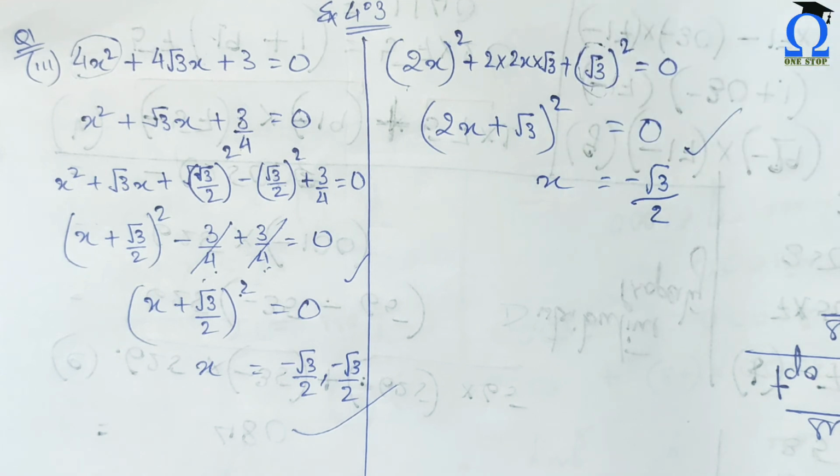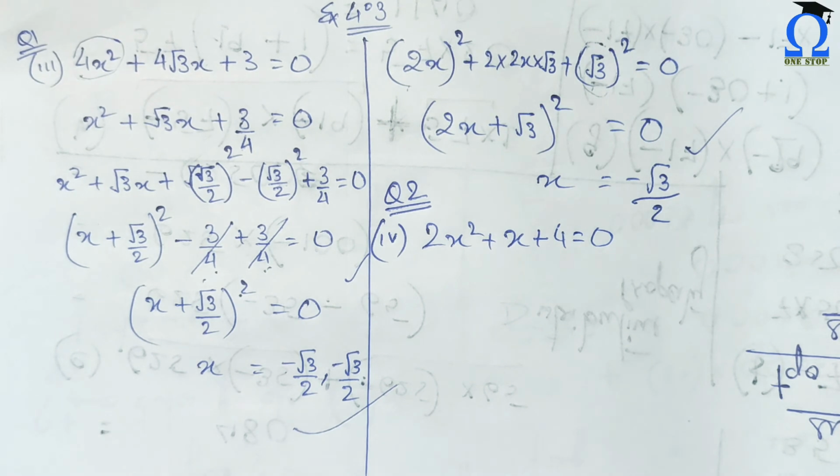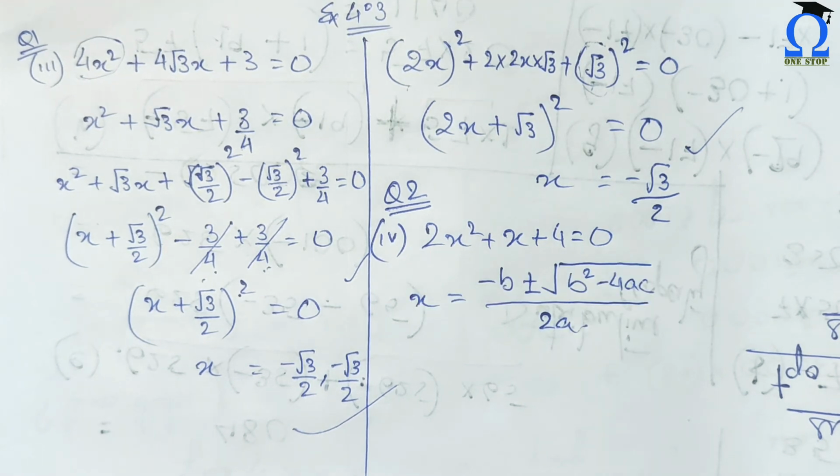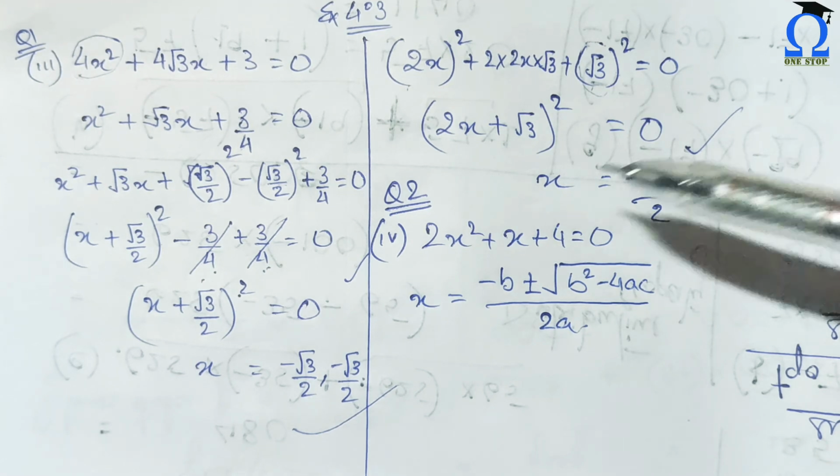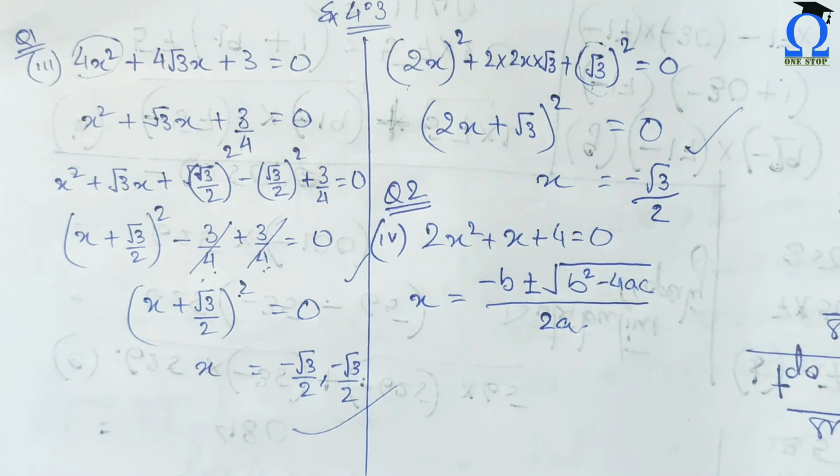Remember? Now for question number 2, we will be taking the fourth part of question number 1 and solving with the quadratic formula. So let's just write the quadratic formula here. And now you know how this quadratic formula came. Yes, we have formed the equation first. Now we know what is the value of a, b and c here. Just put the values and get the answer.